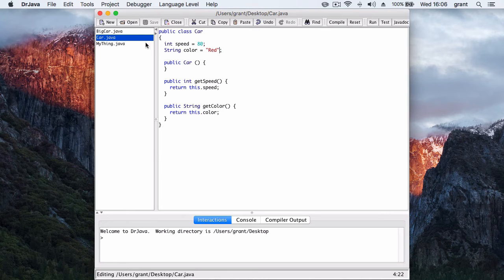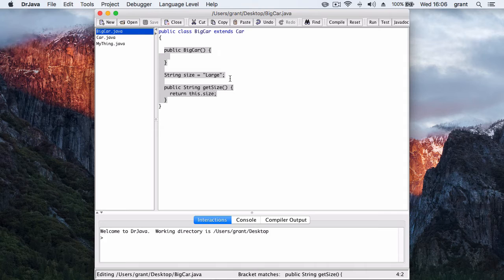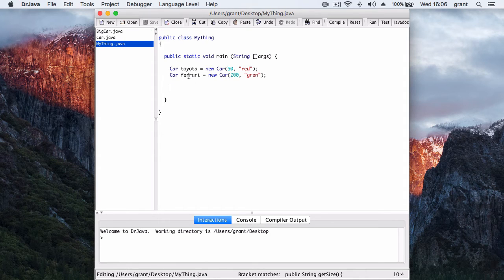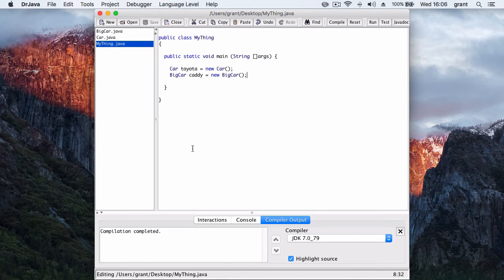Okay, once we've done that, let's check our bigcar.java and open up our mything.java. Then let's remove the Ferrari and simply have a new Toyota. Let's also construct a big car called a caddy is equal to a new big car. Compile that, and as long as it works, everything now works as it should. And what we can do is have a system.out.println that allows us to get our caddy.get size,